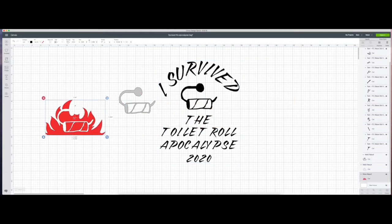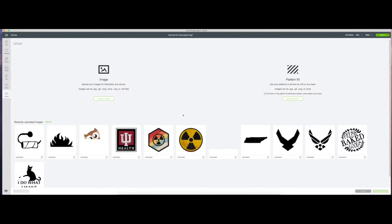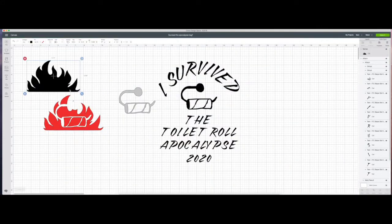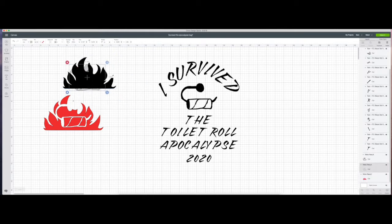Now slicing. So I went online and just did a search for flames, and then I uploaded the image to right here. And then I wanted to slice so I don't have layers of vinyl, because I like to try to keep everything on the same layer, so everything's sticking to the fibers. So what I did here was take your